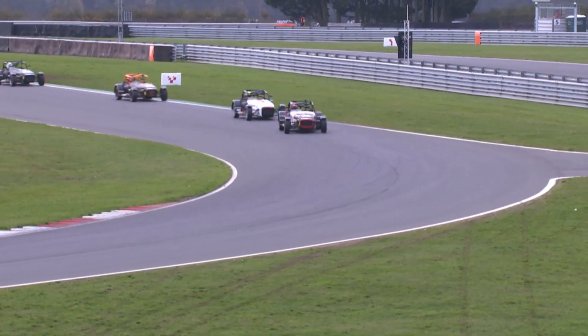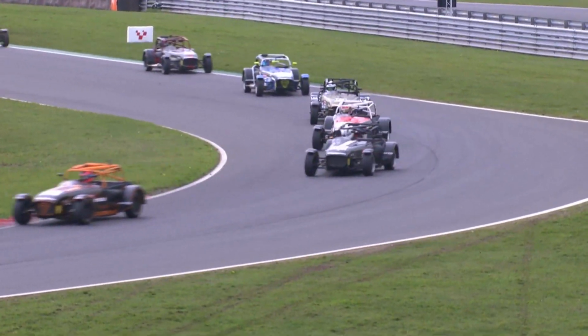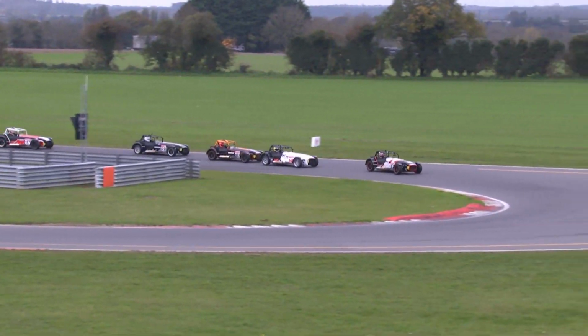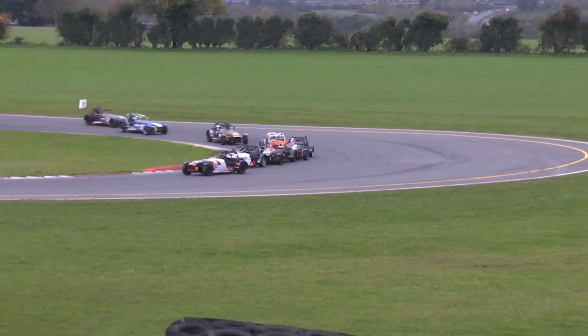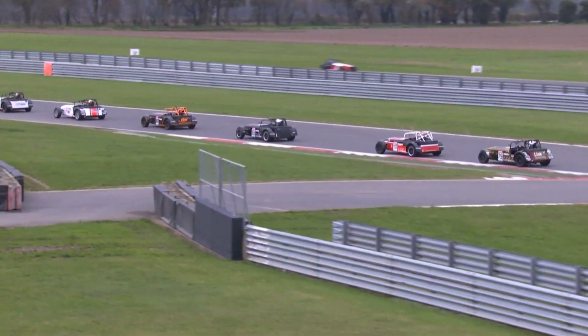310Rs come through. Monks from Grensinger now ahead of Murphy. So Murphy a couple of corners ago was challenging for the lead. He's now ended up losing that second place. And as they head into the Wilson hairpin, you can see that this lead train of cars is just getting bigger and bigger and bigger. We're up to about 9 or 10 cars now, all in a long